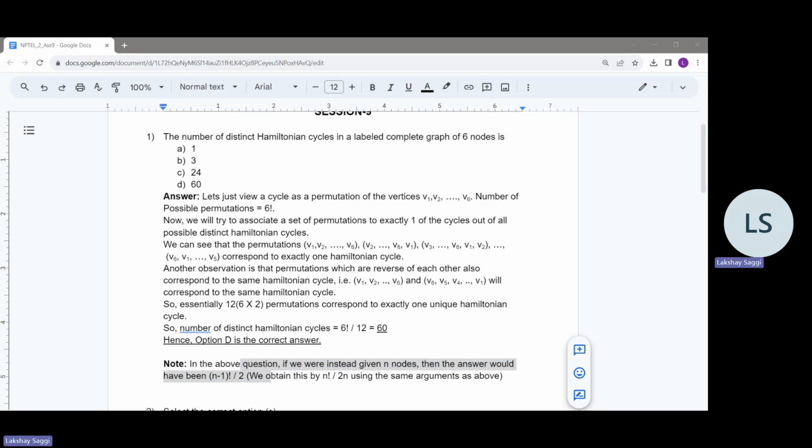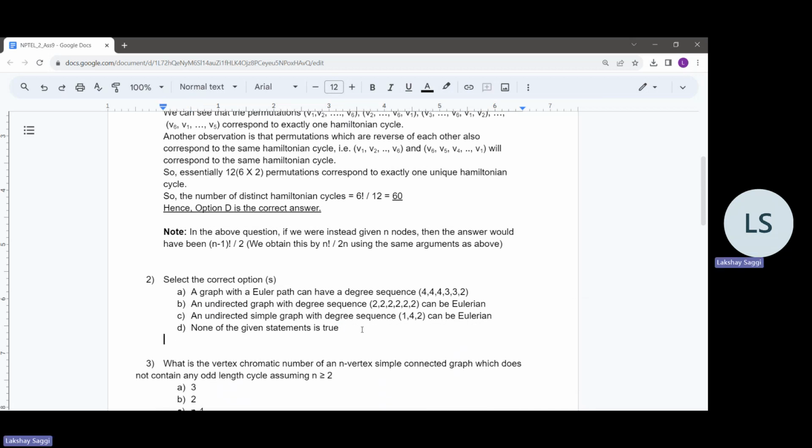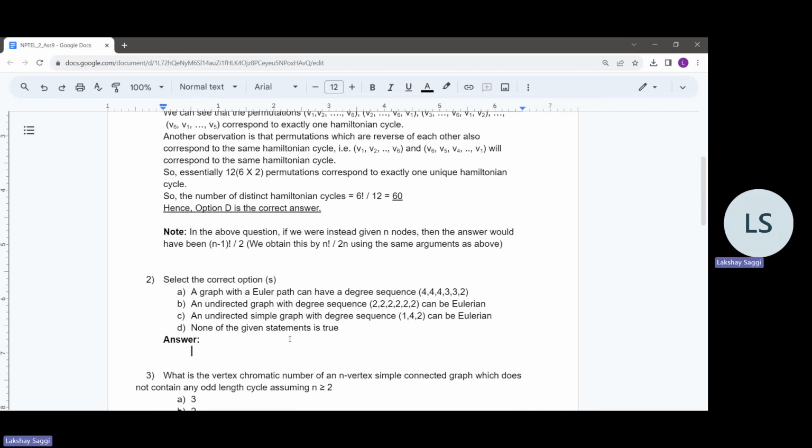So now for the second question. We have covered the first question. The second question says select the correct options. A graph with an Euler path can have a degree sequence of 4, 4, 4, 3, 3, 2. We know from the lectures, and I'll start with option A, that